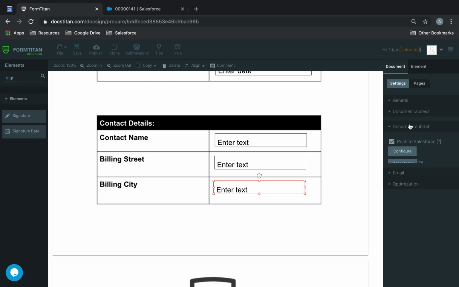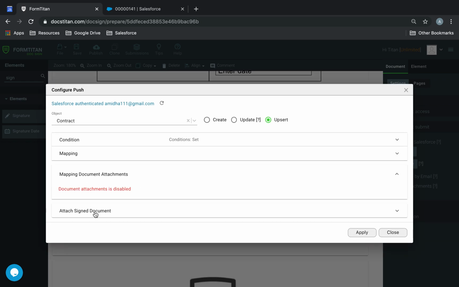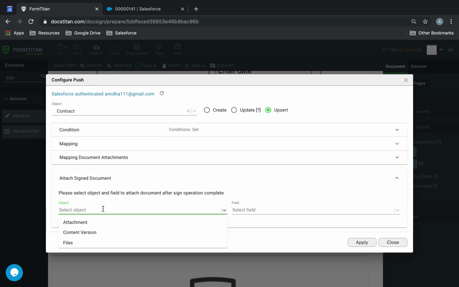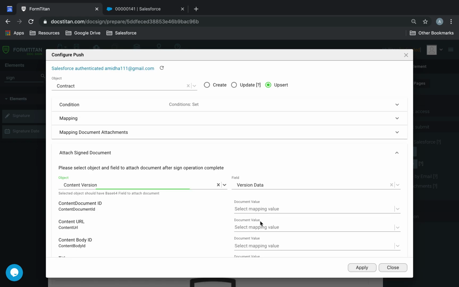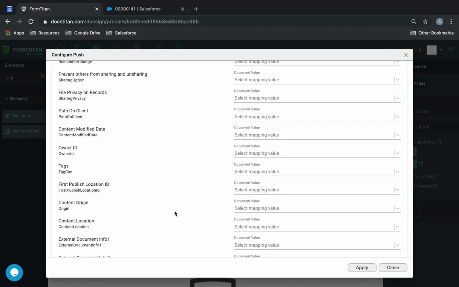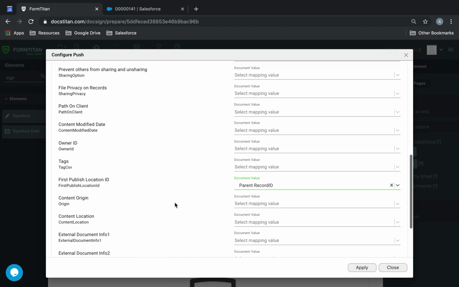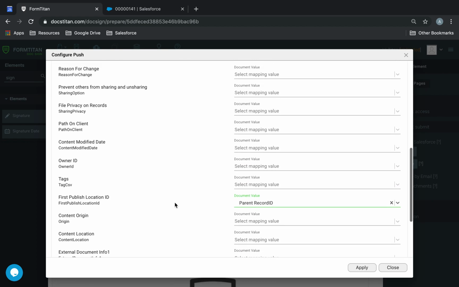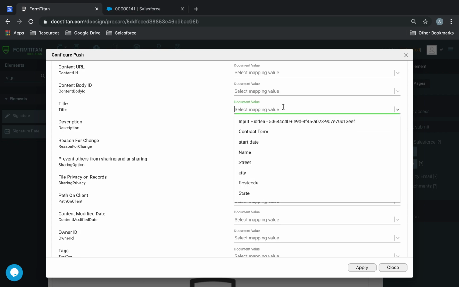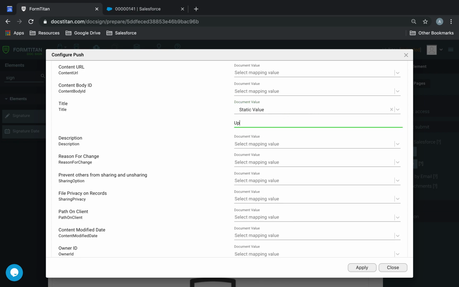Actually, one more thing we'll do is push the document to Salesforce as well. So we'll do upsert and then mapping attachment. We'll attach the document. We'll do it into files, selected field, version data. First published location ID is going to be parent ID. And that's it really: version data, parent ID, and then we have to give it a title. We'll just give it a static value. We'll say upsert demo,